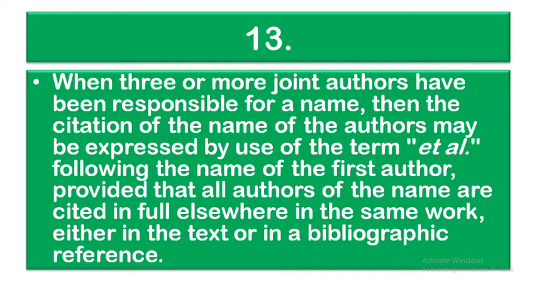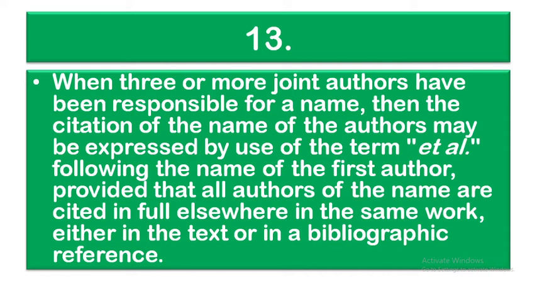When three or more joint authors have been responsible for a name, if they have studied the systematists, they have studied a single species, the team has worked on that. And then the citation of the name of the authors may be expressed by use of the term et al. This is E-T-A-L, et al. It means others also. Following the name of the first author, means after you have the genus and the species name, later on you will have this et al. written in front of that scientific name